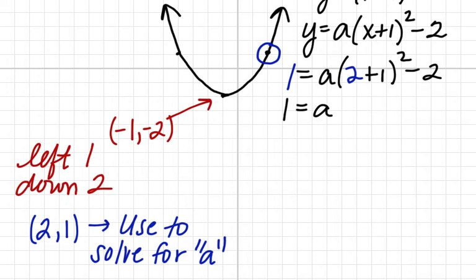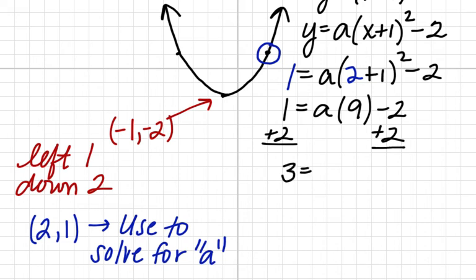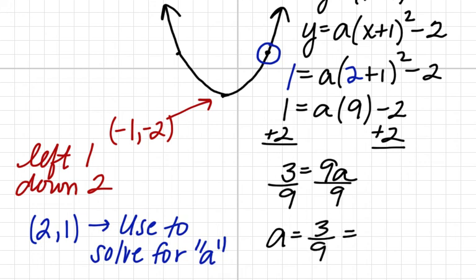We're solving for A. So it looks like we have 2 plus 1 is 3, and 3 squared is 9. Then adding 2 to both sides, we have 3 is equal to 9 times A. And then dividing by 9 leaves us with A is equal to 3/9, which simplifies to 1/3,